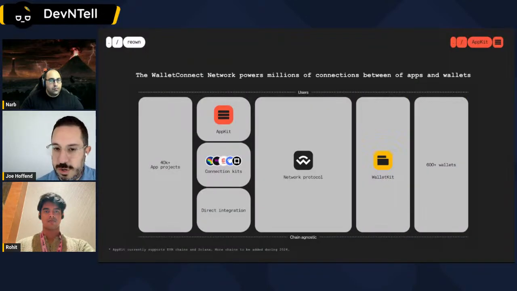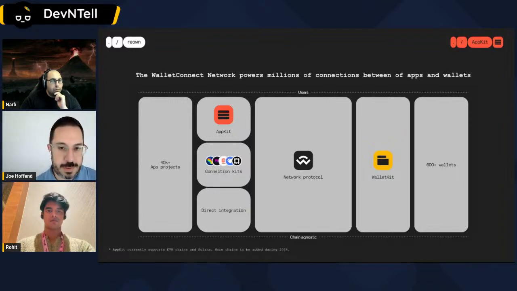I'll talk to you a little bit about the WalletConnect Foundation, but what is the WalletConnect network? The WalletConnect network is basically all of these different dApps, tens of thousands at this point, that use AppKit or the Relay to connect users from their mobile wallets to desktop applications. It's that QR code you may be familiar with. We've also got AppKit, which I just talked to you about, for dApp builders to use to get those users connected.